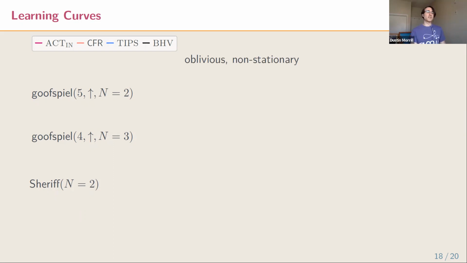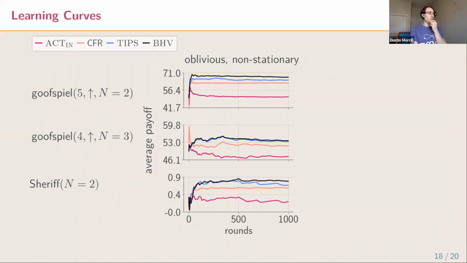And we're going to show 2 different learning scenarios. One is where the learning algorithm is going to be playing against a sequence of strategies that are oblivious, but they're going to change over time. So they're non-stationary. It's a non-stationary sequence of strategies, but they're just not going to be reacting to the things that the learner does. So the results here, we have on the x-axis the number of rounds that are played. On the y-axis, we have the average payoff that the learner achieved. In the first 2 games, this is between 0 and 100, just the win percentage. And in the third game, this is just the number of points that are scored in Sheriff.